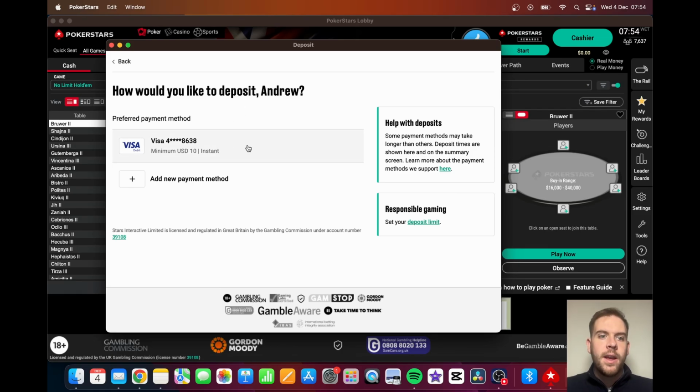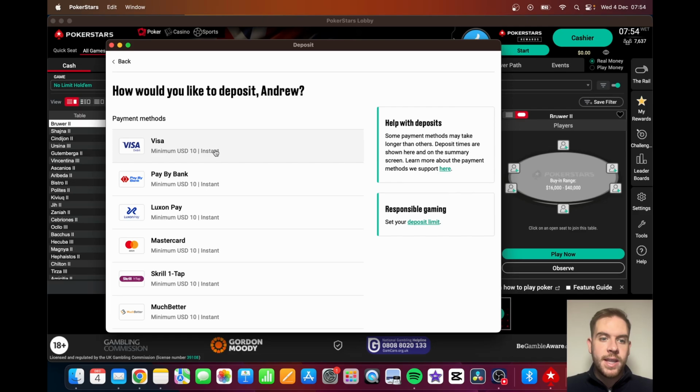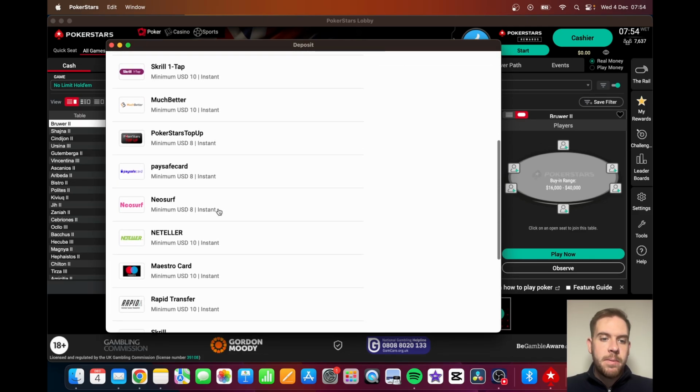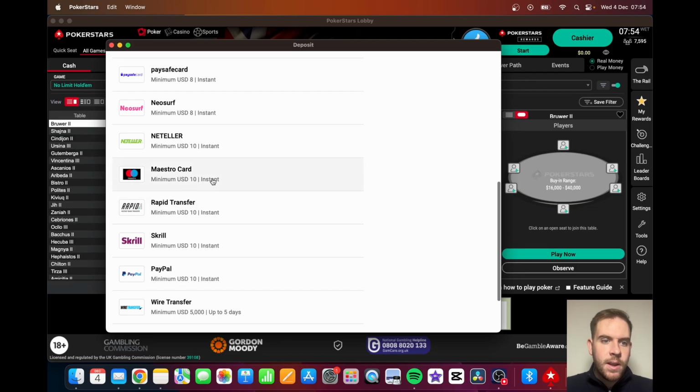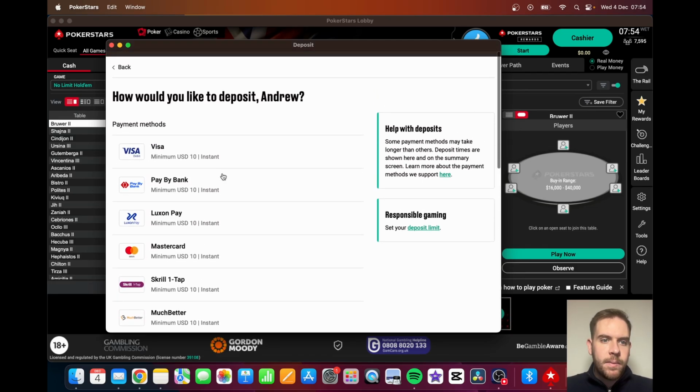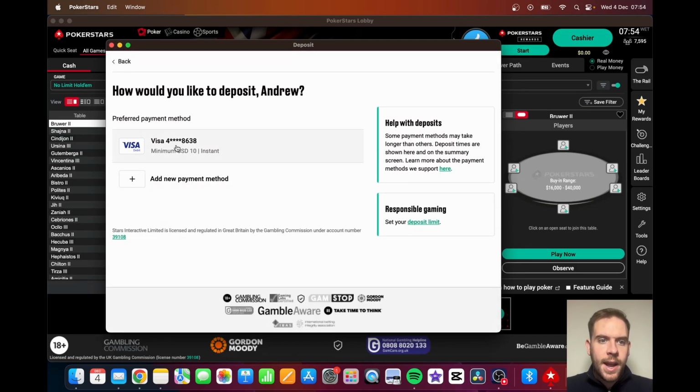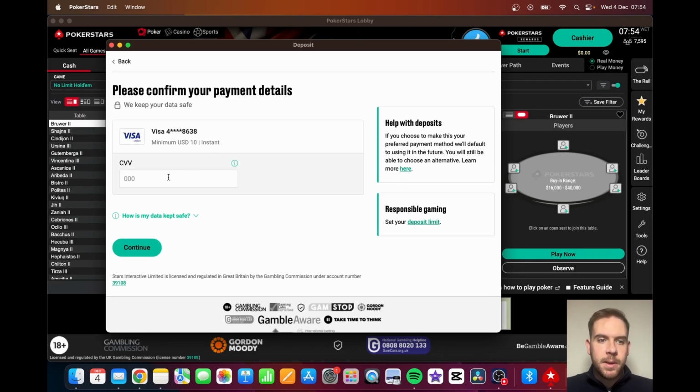And then from there, you have to set up a payment method. I have already set one up here, but what you do is just press that, select whichever payment method you want to use. We have PayPal, wire transfer, MaestroCard, Visa, and I've already set up the Visa debit card right here to start taking payment from. And I will come back in a little second once I've actually submitted payment and transferred about £10 into this